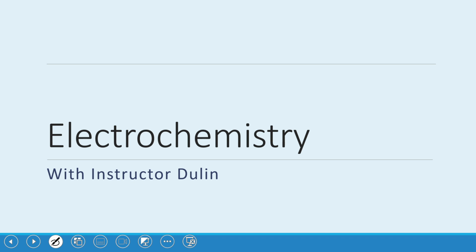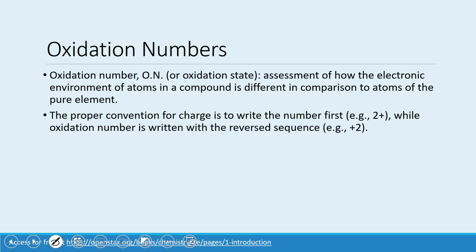Welcome everyone. The purpose for this video series is electrochemistry, and in this specific video we're going to talk about redox chemistry and oxidation numbers. So an oxidation number is an assessment of how an electronic environment of atoms in a